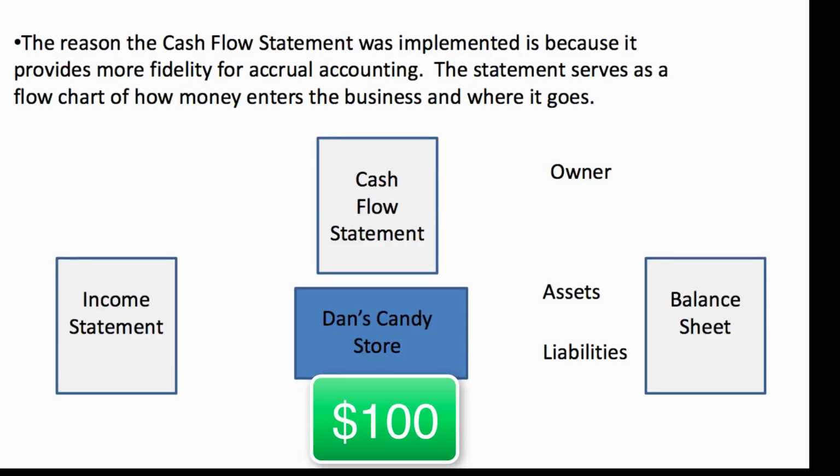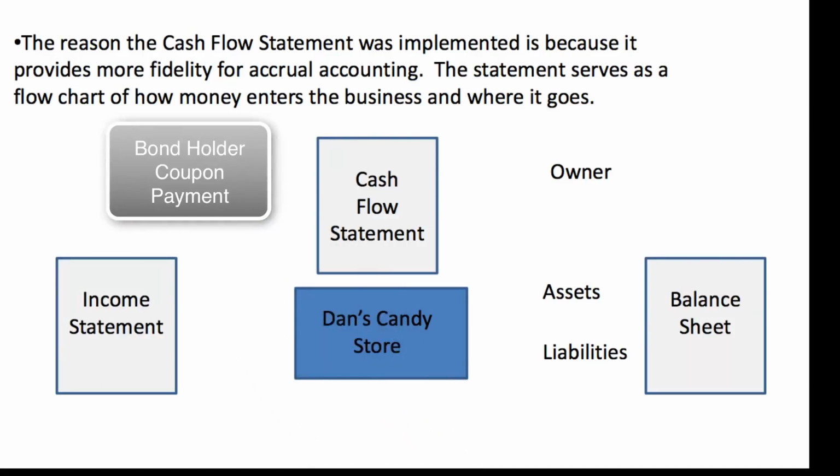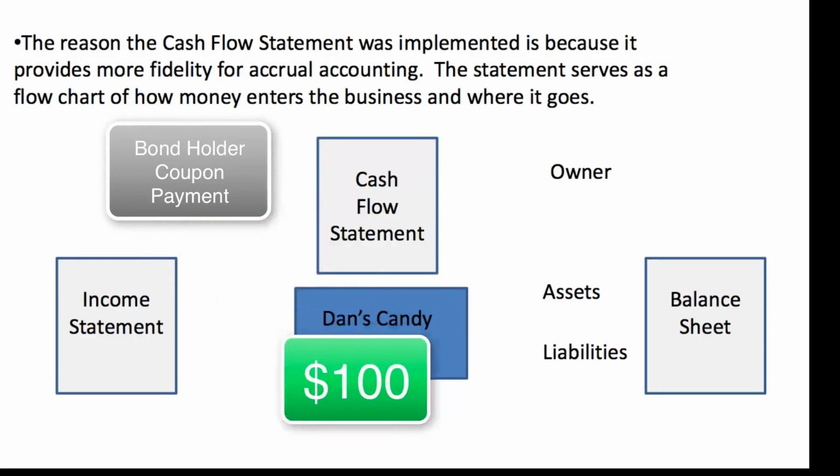Another thing that you're going to find on the cash flow statement is the money that he's using to pay off his debts or to make payments on the coupons for the bonds that he might have issued. When you were just working with an income statement and a balance sheet, you would see that maybe the liabilities would decrease, but you wouldn't know how much of his cash was being allocated towards paying off those debts. But with the cash flow statement, you can now see how much money he's using to pay off his debts